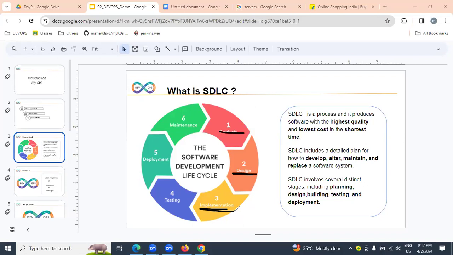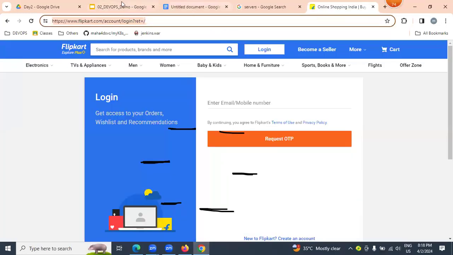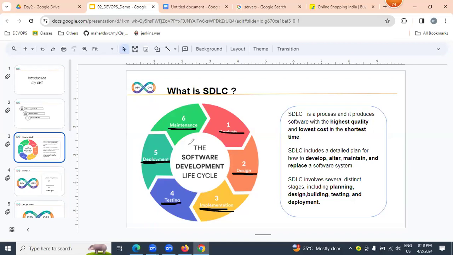Got it, very clear. But once the lines of code are written, whether it is working or not, our testers will verify the functionality. Once it is verified, we place our application on hundreds of servers, which we call deployment. Once it is deployed, we can access it on the internet as a website. Whether it is working or not, we monitor and maintain it. This entire process, what do we call it? SDLC, the software development lifecycle.